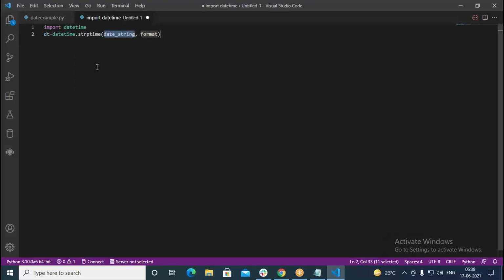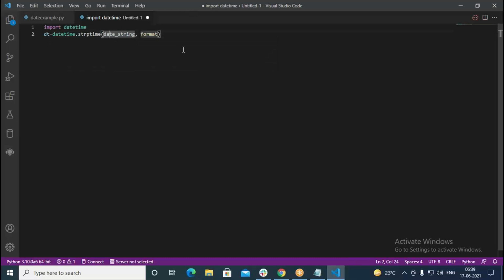So this is going to create a date for us from the given format. We specify a certain format. So as per that format, it's going to create a date for us. Okay. So first thing, we need to specify some date string. In what format exactly we want to put the date, we put.